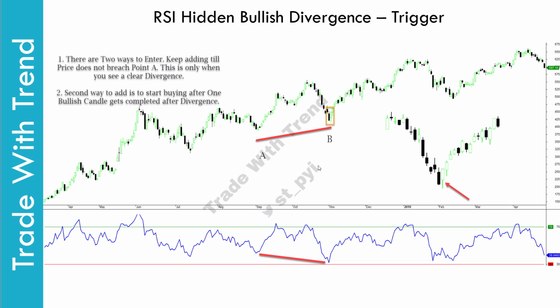So once you see this happening, that RSI has formed a divergence, while it's easy to see in hindsight now, in real time it's actually difficult. So what you should be betting is that as price is forming and RSI gets close to 30 and you are seeing a divergence in place, you start buying here.